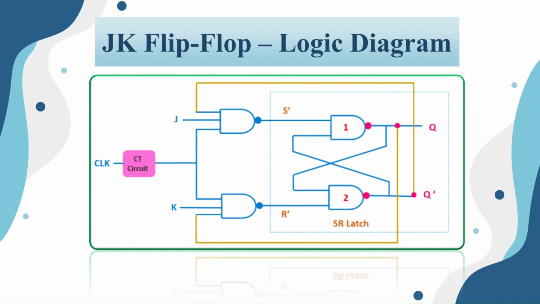This is the logic diagram of the JK flip-flop. The JK flip-flop encodes feedback from the output to the inputs, enabling toggle operation. This feedback is the key difference from the RS flip-flop. The circuit diagram of the JK flip-flop